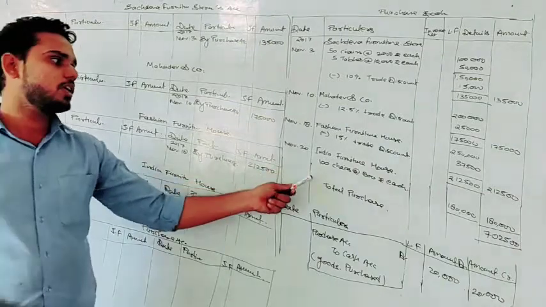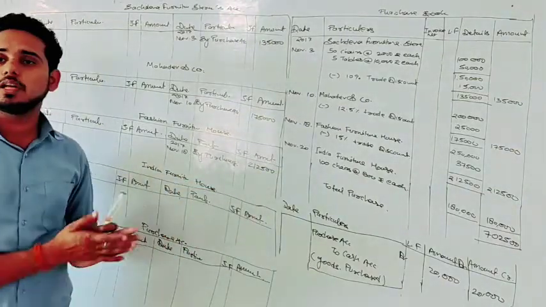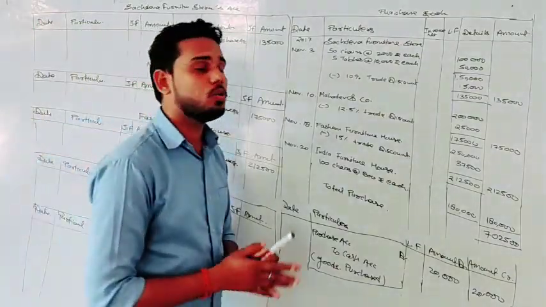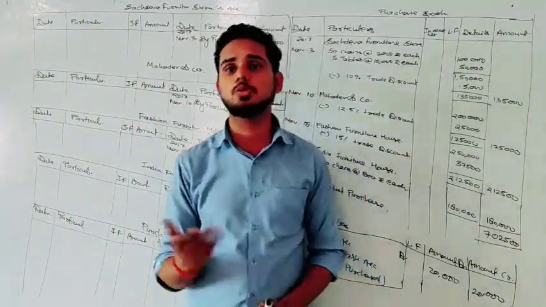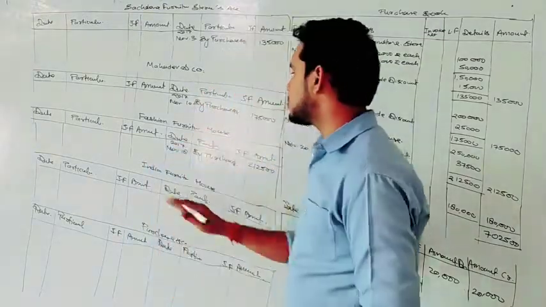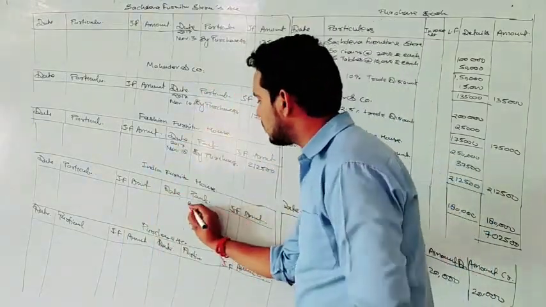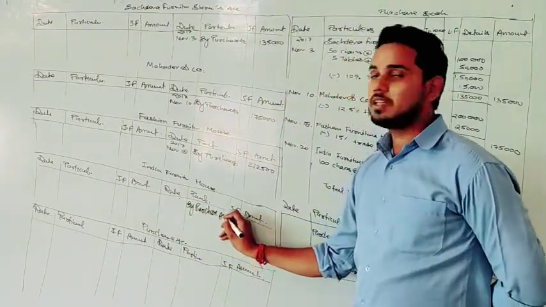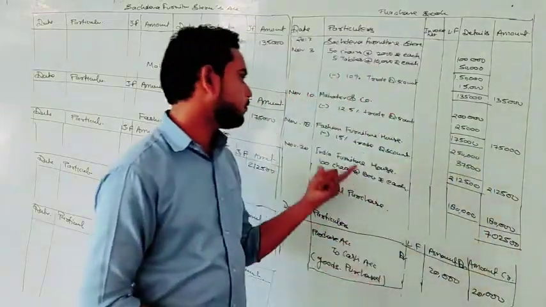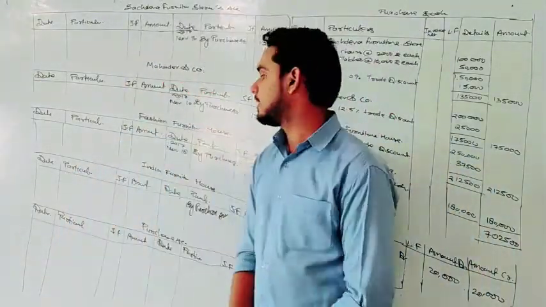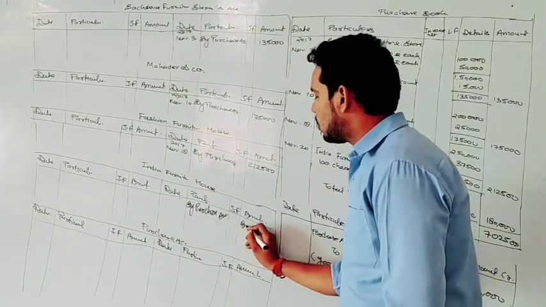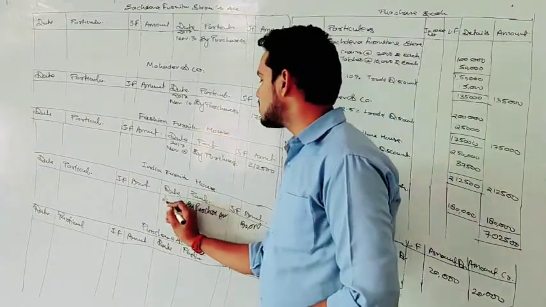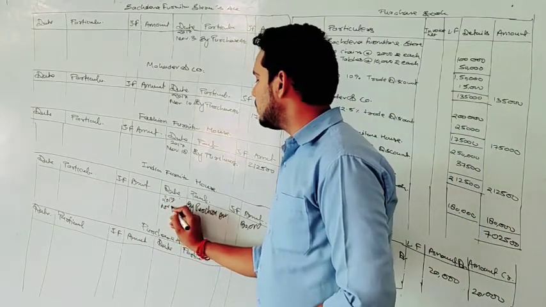So next one is India Furniture House. We have prepared the format and we have to write on the credit side, following the same logic of the journal entry. Entry will be purchase account debit to India Furniture House. So we need to post on the credit side of India Furniture House. We will write the same thing, "By purchase account". And the amount will be the total purchase, that is 1,80,000. So we write the amount 1,80,000. The date given here is 20th of November, so you can write 2017, and it will be November 20th.